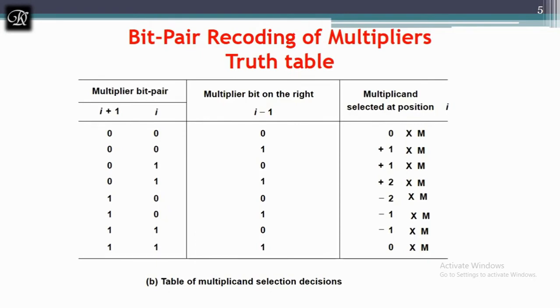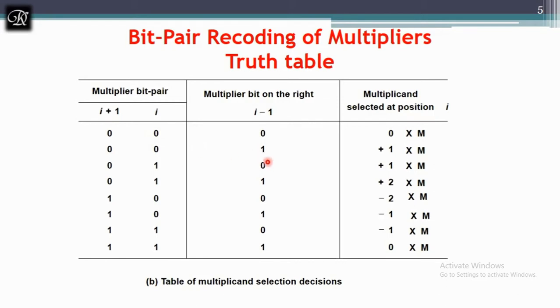Let's see the bit pair algorithm's recoding truth table. In Booth we were having only 2 bits, the previous value and the current value, and here we are having the next value too. There are 3 bits here, so based on that the truth table is designed. As in Booth, when all the bits are the same, the result will be 0. And in the next cases the values will change.